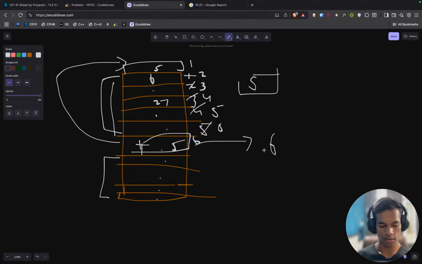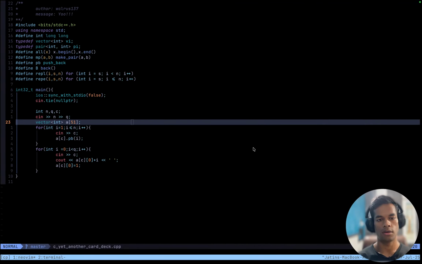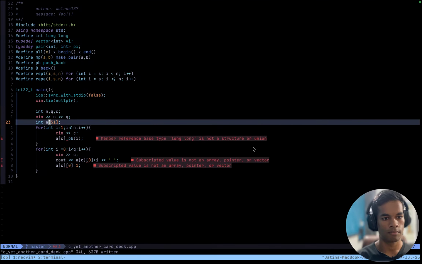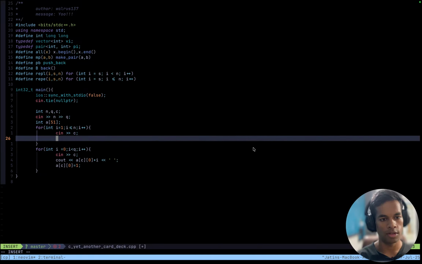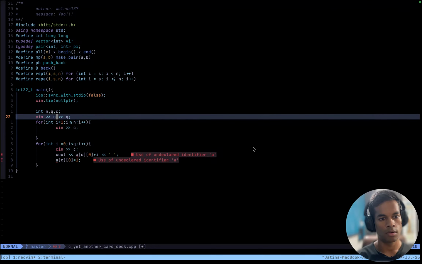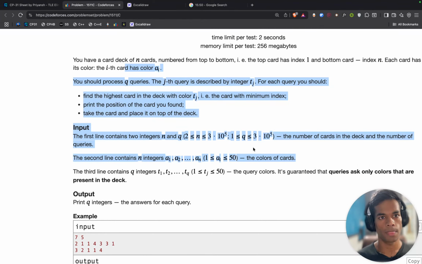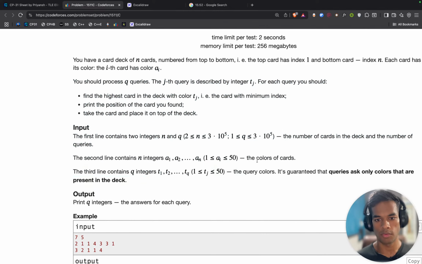Wait, since I'm always taking the top, let's say this, and instead of this, I do vector A of size 51, from 1 to 50.